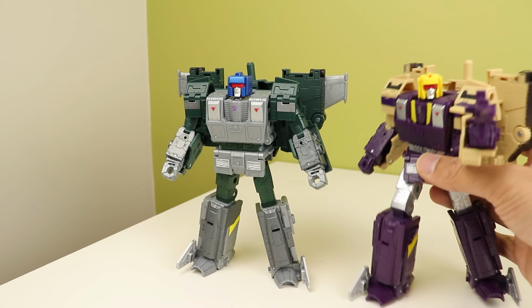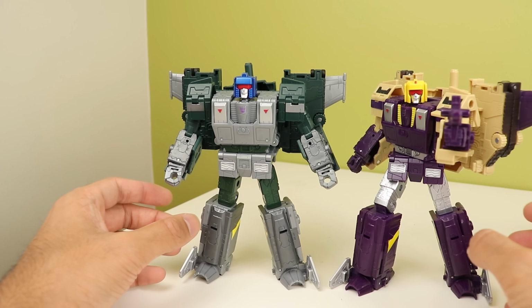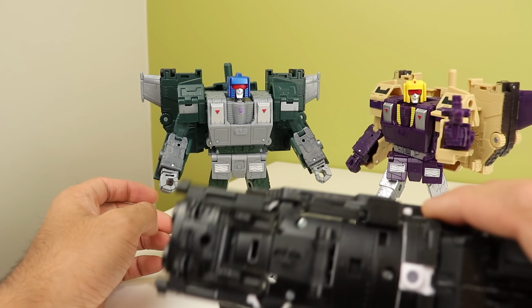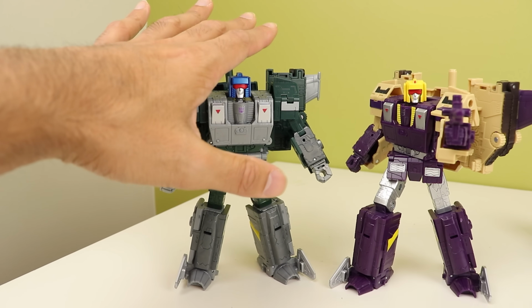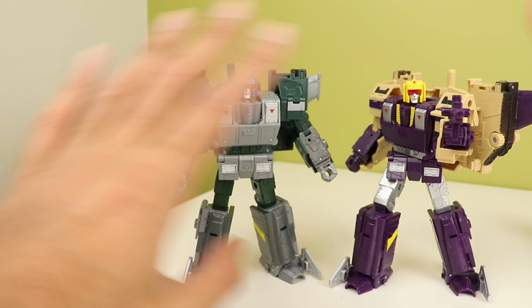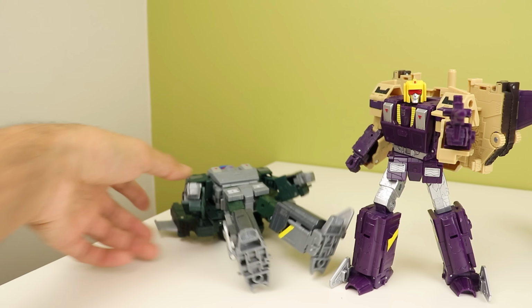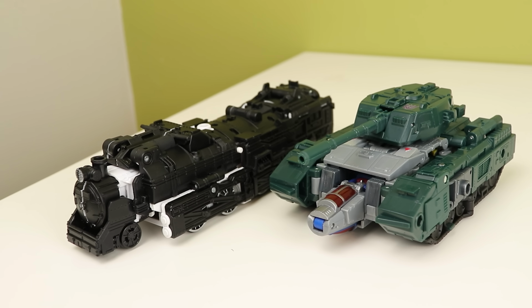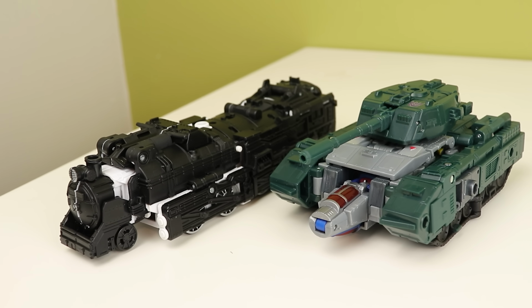I've done a video on Blitzwing already, and I'm not going to walk you through it. I'm not going to bore you with that. It's already going to be too long with this thing, and there's other modes, and there's stuff in the jet mode I want to talk about with this guy over this guy. So he's dead now. Yeah, this copy of Galaxy Shuttle I have has some fit issues the first couple of times,